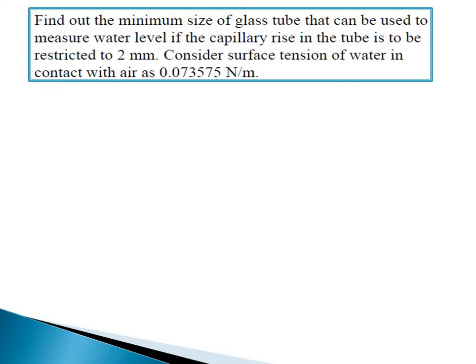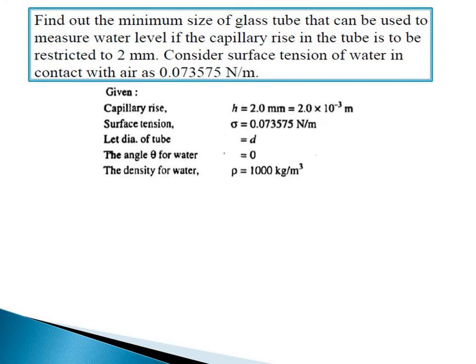Find out the minimum size of glass tube that can be used to measure water level if the capillary rise in the tube is to be restricted to 2 mm. Consider surface tension of water in contact with air as 0.073575 Newton per meter. Now here the problem is in a reverse direction. Capillary rise is restricted to 2 mm, which is given as H is equals to 2 into 10 to the power minus 3 meter, and surface tension is equals to 0.73575 Newton per meter. Now consider the diameter of tube as D in meter,